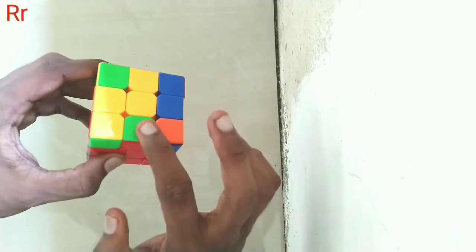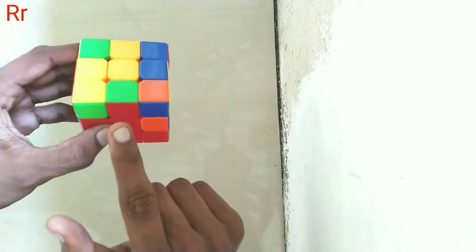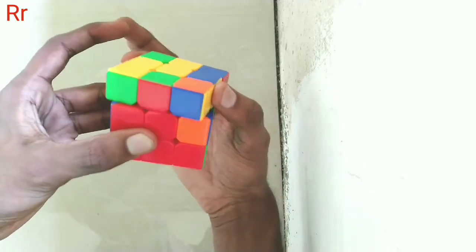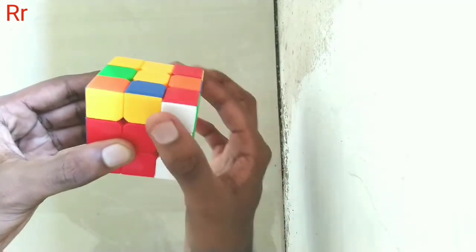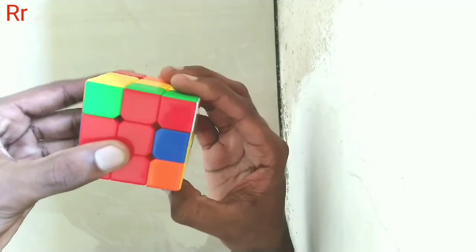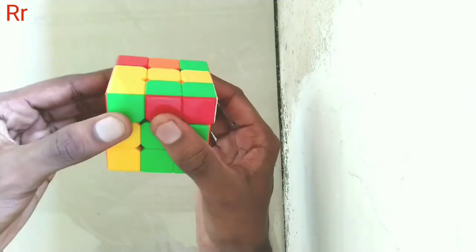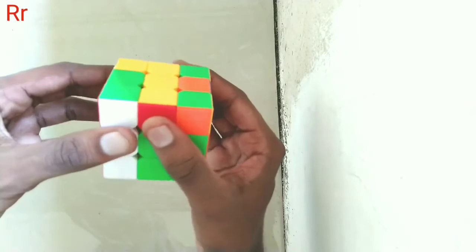come up which doesn't have a yellow color, this green and red. So you check it again and look where that piece should be placed. It should be placed here. So you turn it in the opposite direction in the same way, up, back to its original position and down. Now turn it around, slowly turn it around, then opposite direction, opposite turn, up, back to its original position, then